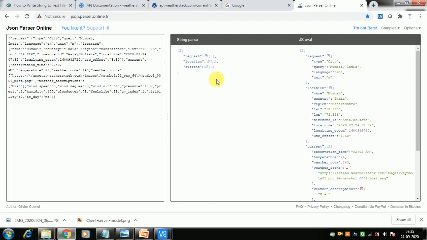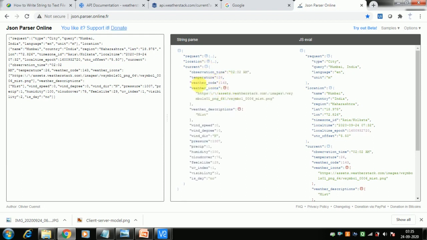These are the three things it is actually sending. If I look into current, I can see there is temperature and there is something called humidity. These are the two things we want to pick up from here. So this is an API service. It gives you a variable, not an HTML page. You can pick these things up and use them in your programming, and you can serve your own web page using this. These are called API services.